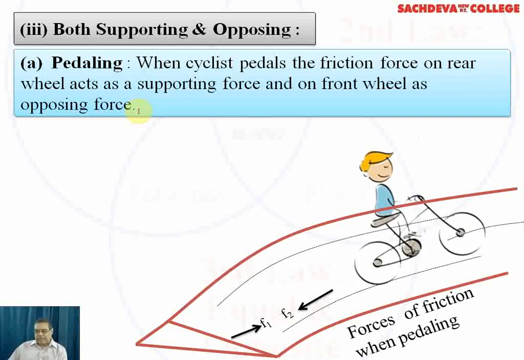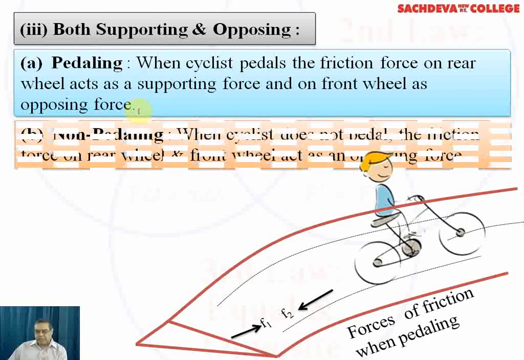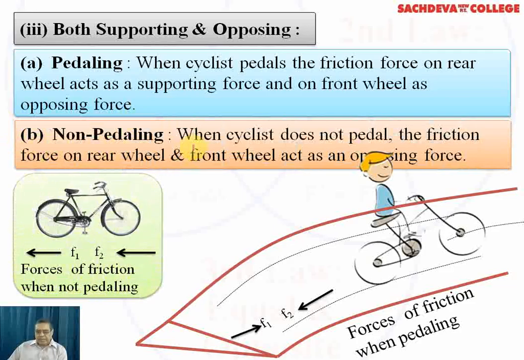So this fact is indicated during the cycling. Now non-pedalling, in the left side figure, when the cyclist does not pedal, the friction force on the rear wheel and the front wheel act as an opposing force. So it means that during non-pedalling, for example, we are pedalling and the bicycle is moving forward and then we stop pedalling, that is, it becomes non-pedalling after the motion. In that case, we find the friction force on the rear wheel and the front wheel act as an opposing